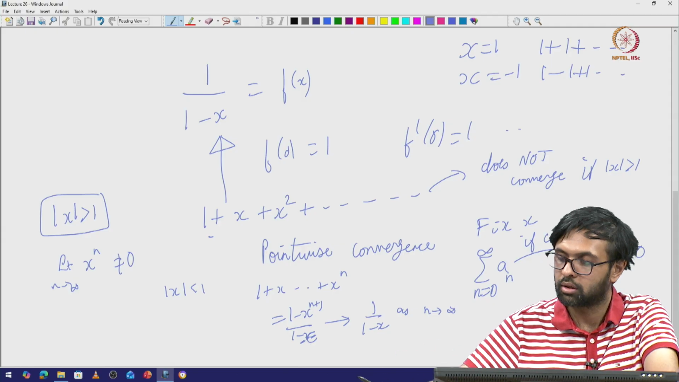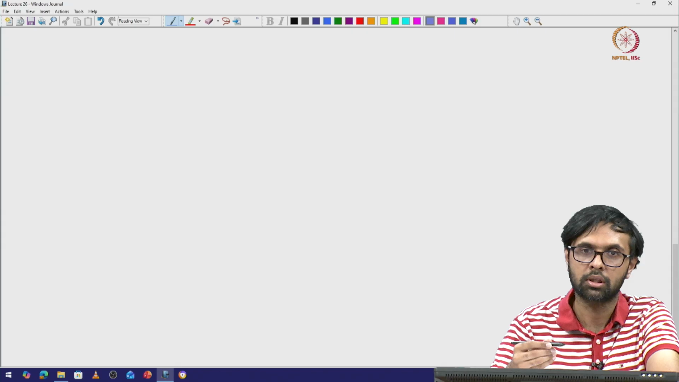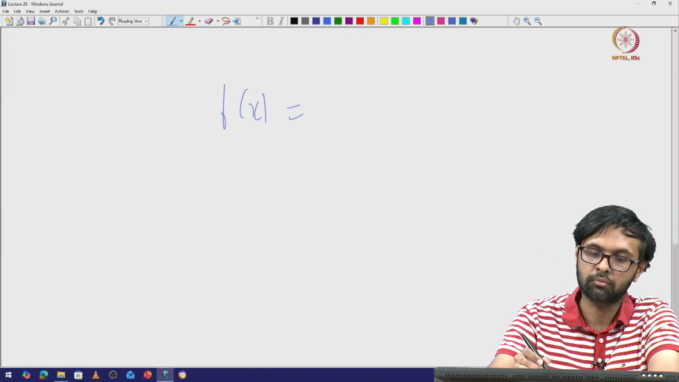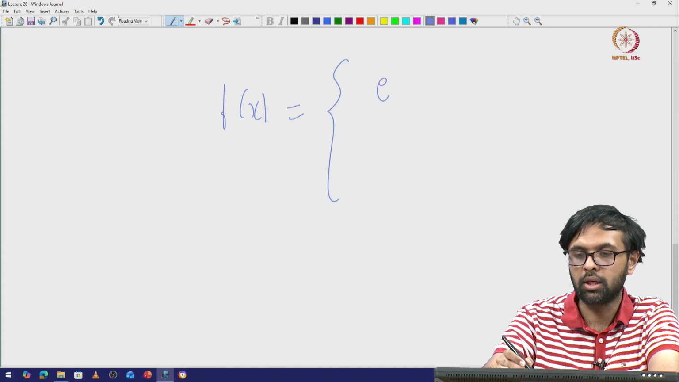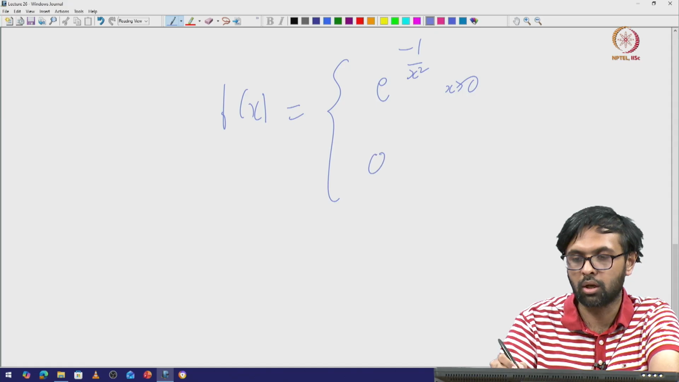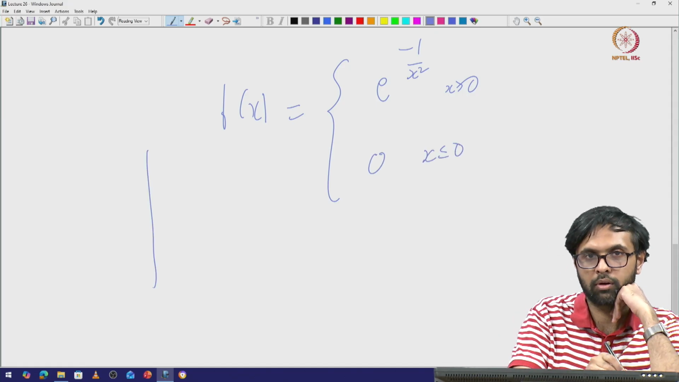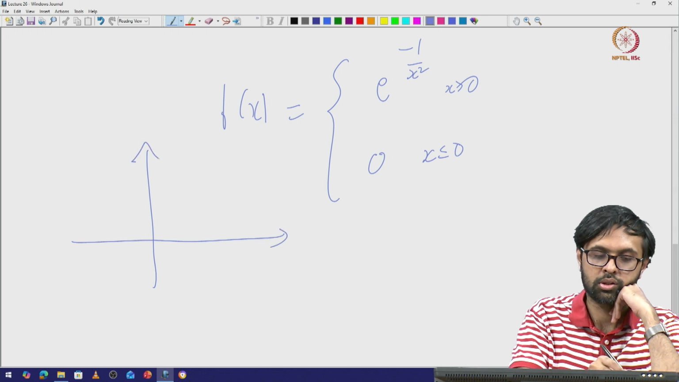Let me write this example. So the example is as follows. You take e raised to minus 1 by x square when x is positive and 0 when x is less than or equal to 0. What would its graph look like? So it's 0